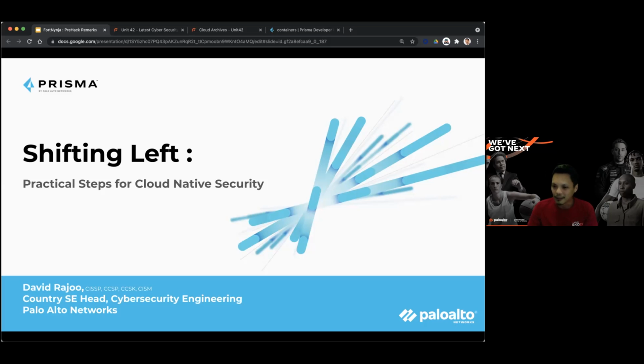So today I'm going to talk very quickly about shifting left. For all you developers out there, you may have heard of this movement that's happening within the application security space. Specifically, when we're talking about a lot of these hackathons and the applications involved, you may have come across shift left. What is shift left all about? I'm going to give you a quick lowdown of what we are looking out for, and where the industry is thinking from a cybersecurity perspective when it comes to cloud native security.